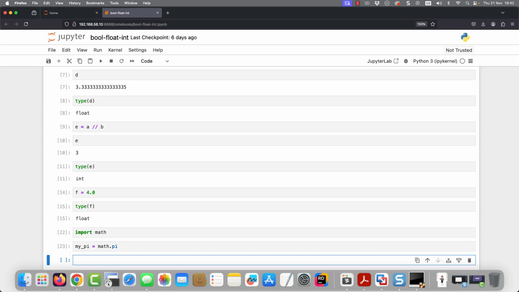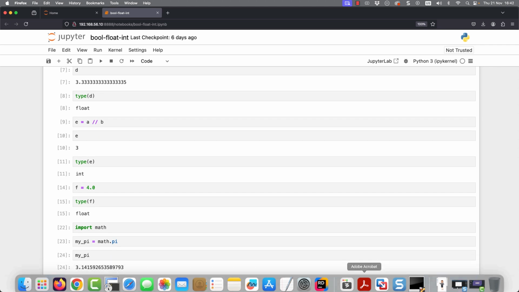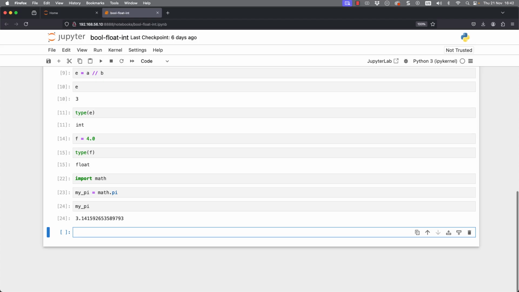Shift and Enter on this, we're going to populate my variable, and now when I investigate the contents of this, we can see that it contains 3.1415926, etc., etc., etc. So we can get a much more precise value in our calculations.